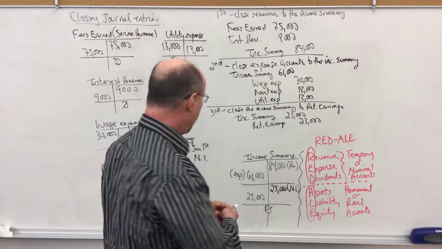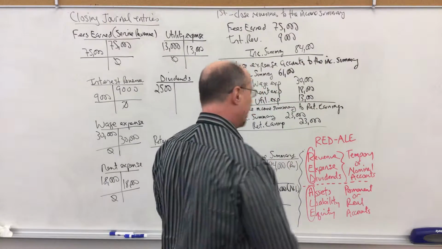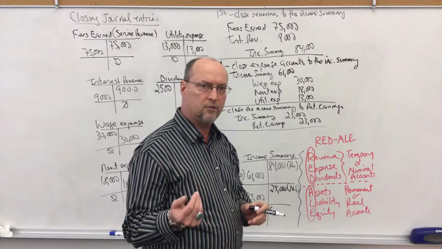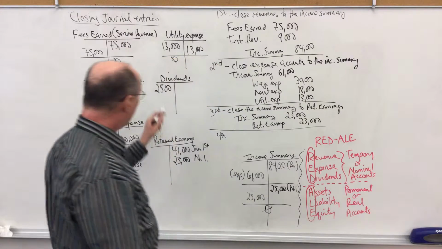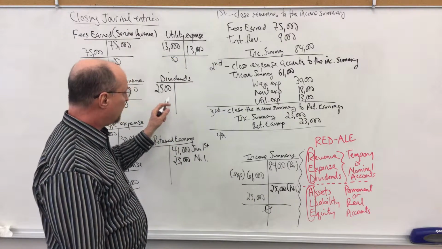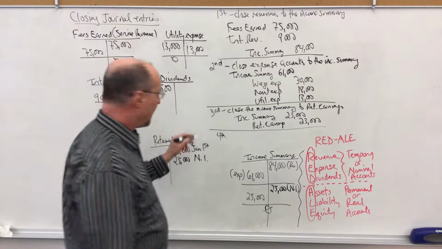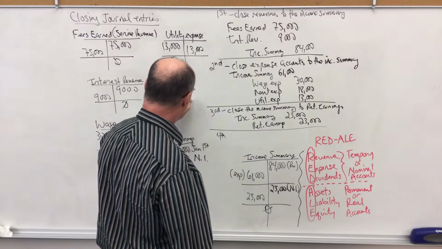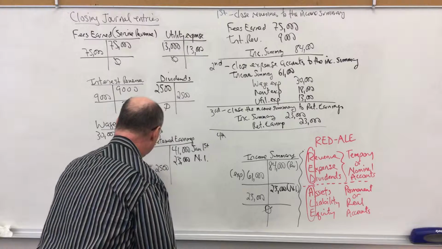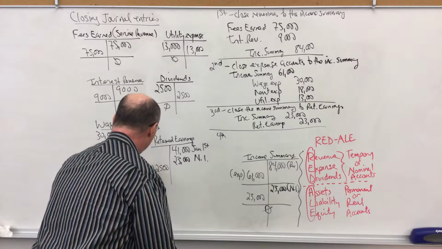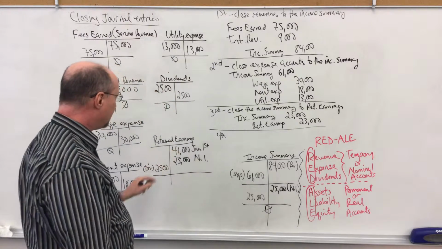Okay? And then the fourth closing entry, and that's if we paid a dividend, we'd have the fourth closing entry. If you didn't pay any dividends, no fourth closing entry. In this case, we paid a $2,500 dividend. So I'm going to close out the dividend account, again, to retained earnings. Dividends have a normal debit balance, so to close them out, I'm simply going to credit the dividends, and I'm going to debit retained earnings. I'm going to squeeze this in here. I'm going to put dividends in parentheses. Okay, and that's going to tell me what my ending retained earnings is.